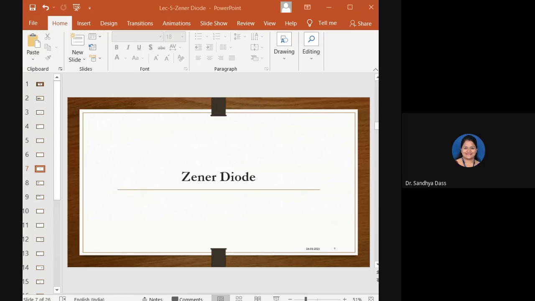It has to be understood that a Zener diode, which is a specially designed, highly doped PN junction diode, will act normally, similar to the normal PN junction diode, when it is forward biased, but it will also allow the current to flow through it, in other words, it will conduct in the reverse bias condition as well.